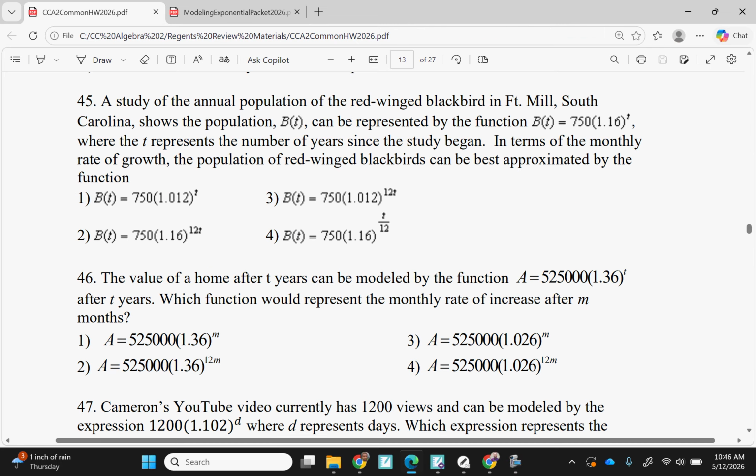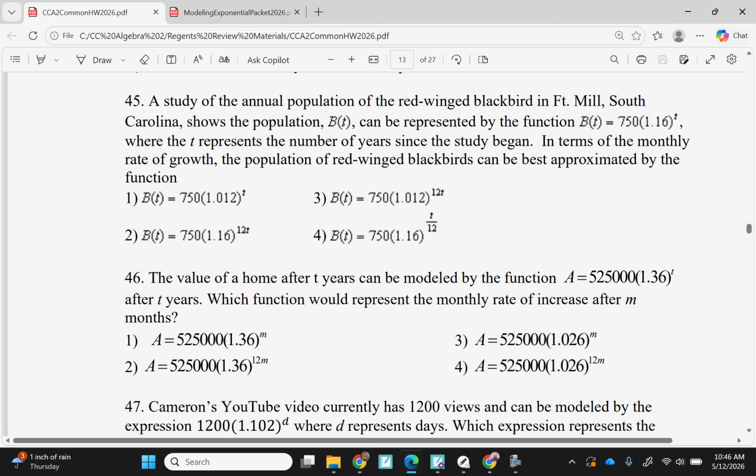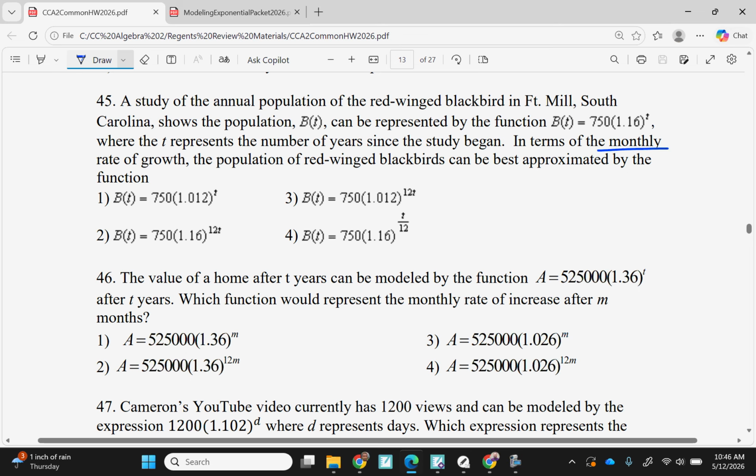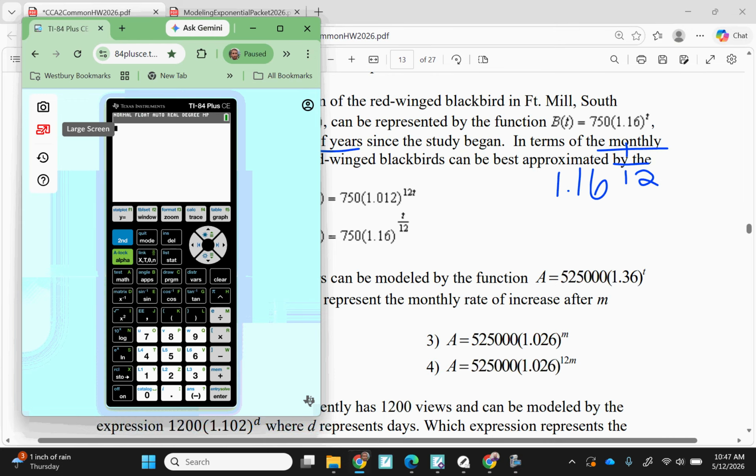So, fill step 1, I want the monthly growth rate. It's giving me the yearly growth rate. So fill step 1, take what's inside the parentheses and raise it to the 1 over n power. Since it's months and it's 12, and because the time frame is decreasing, it's 1 over n, 1 over 12. That's usually what you're going to see, but you can see the other direction as well. So I'm going to do 1.16 to the power of 1 over 12,